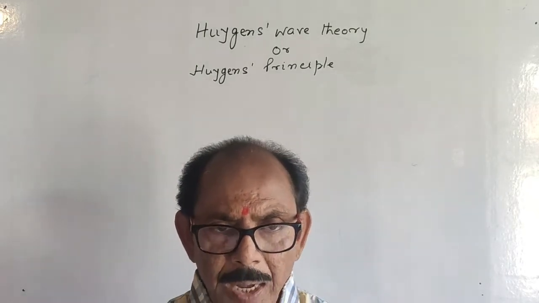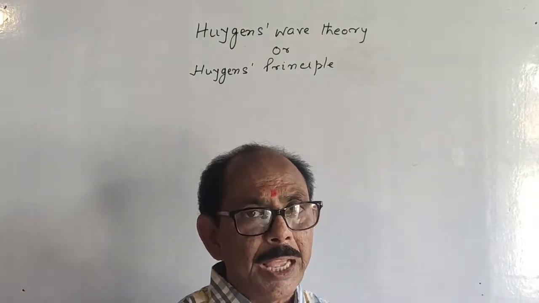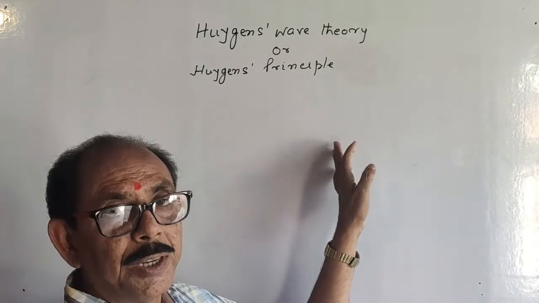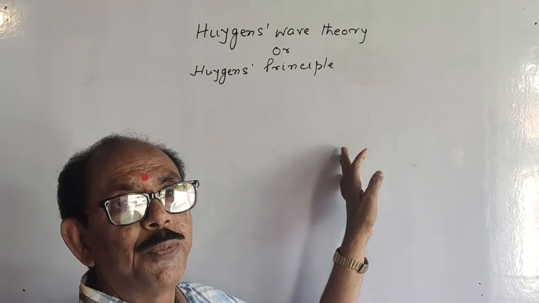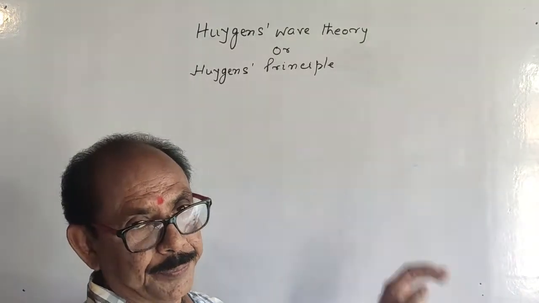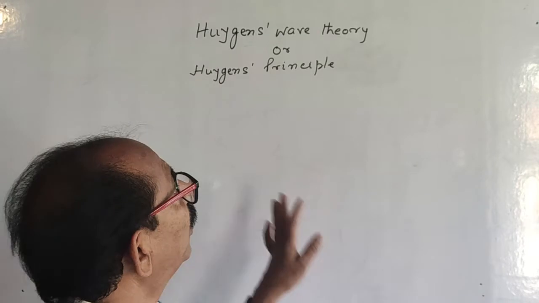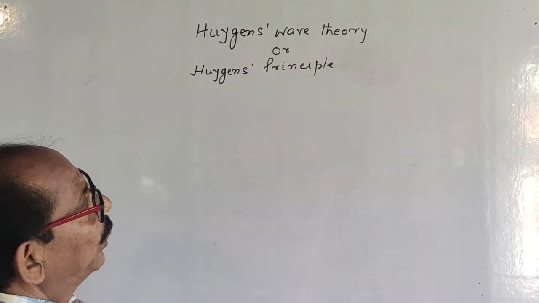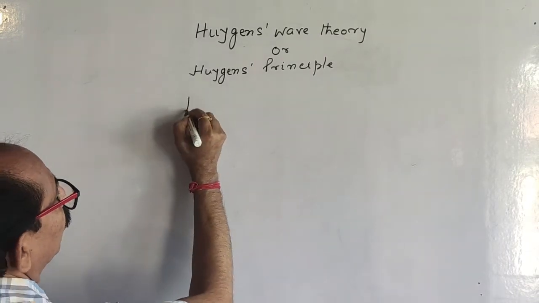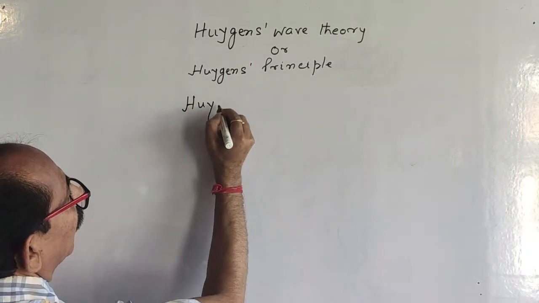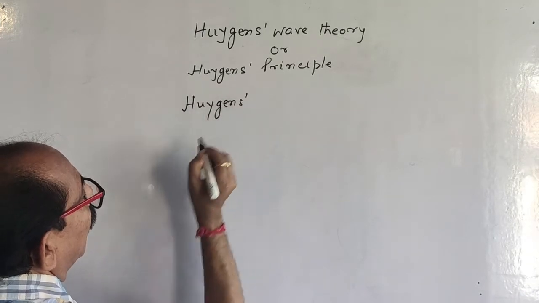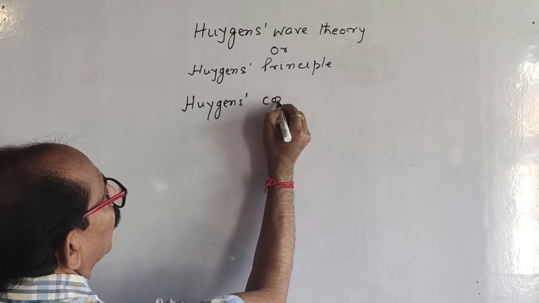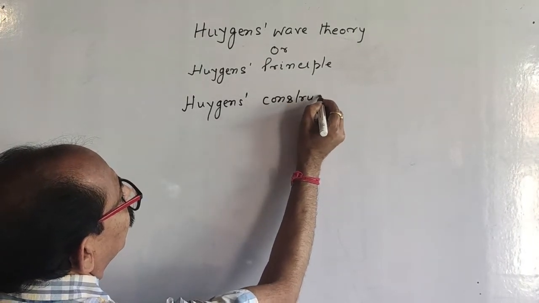The Huygens theory explains most of the phenomena of light, but it could not explain the photoelectric effect. This is the Huygens wave theory. We will talk on another topic related to the Huygens geometrical construction,